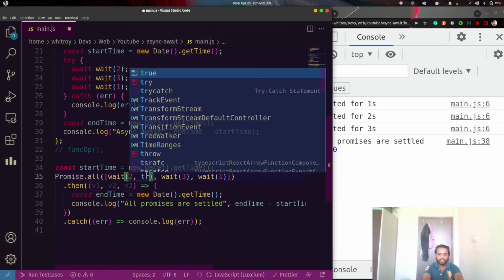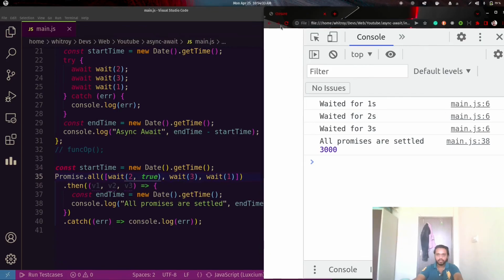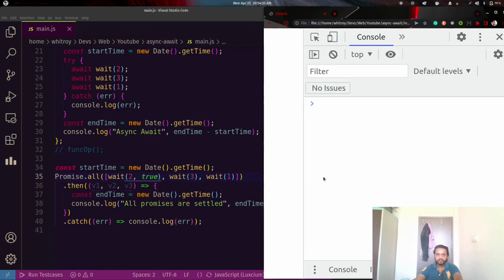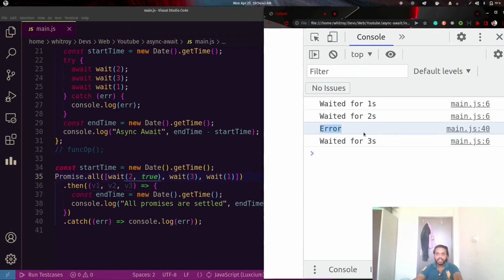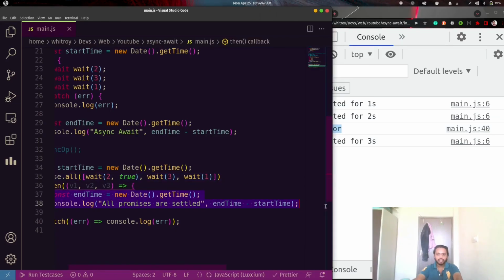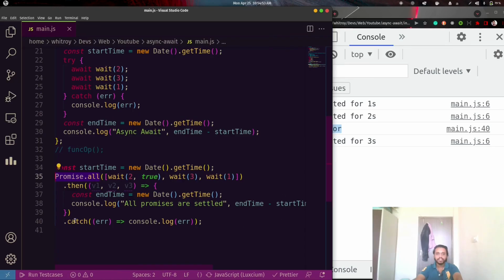Sorry, I have to pass a true here. If any of them gets rejected, then this handler never gets called and the combined promise never gets settled.